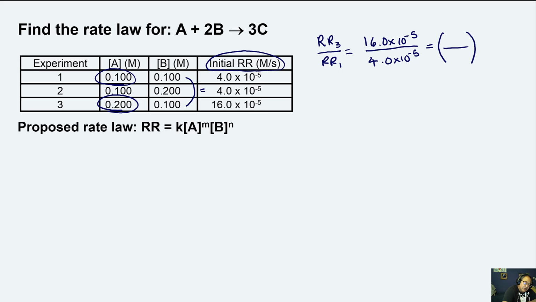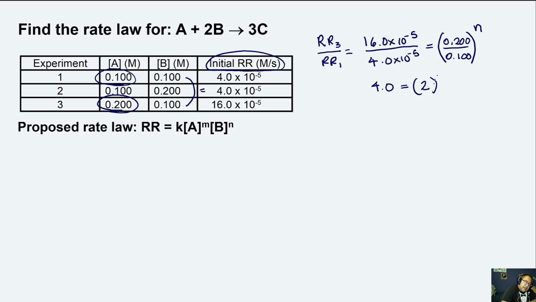This is the way I like to do it and not the way the book does it. This is the concentration for reaction rate 3, and then for reaction rate 1, the concentration is 0.100. And this is going to be raised to a power n. That's what I'm trying to determine, what that power n is. Then I'll divide this out, and this will come out to be 4.0 is equal to